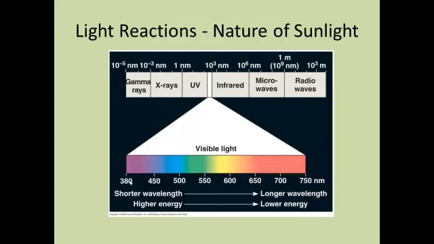Now, there is such a thing as too much energy. Electromagnetic energy in the gamma through most of the UV range have enough energy that they can damage cells, killing them or causing cancer in multicellular organisms. The electromagnetic radiation in the microwave and longer range have too little energy for cells to use. Visible light, as Goldilocks would say, is in the just right range for most life on Earth to effectively use